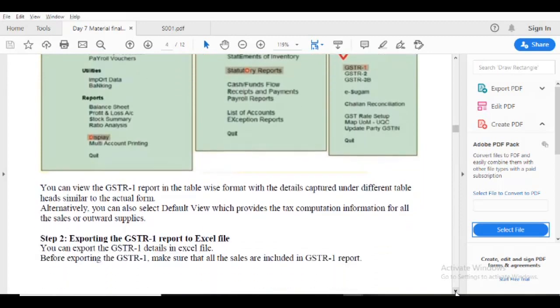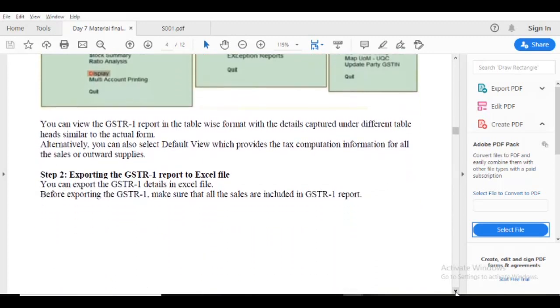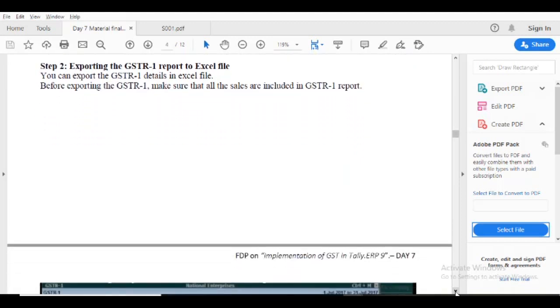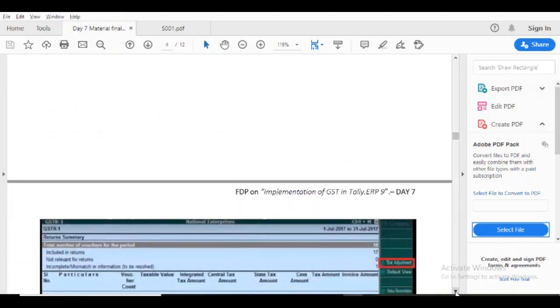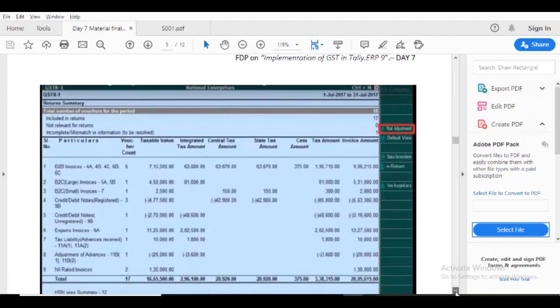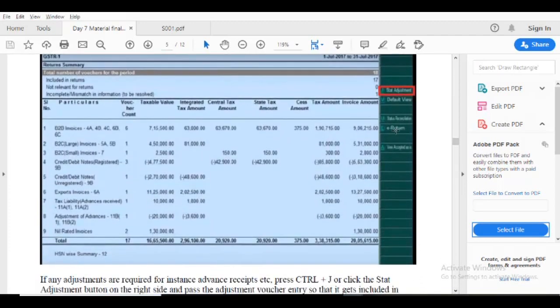For exporting, press Control+E. First press Alt+J for statutory, and Control+A for statutory adjustments. Statutory adjustments means adjustments of the previous month, and the closing amount is carried forward to the next month.